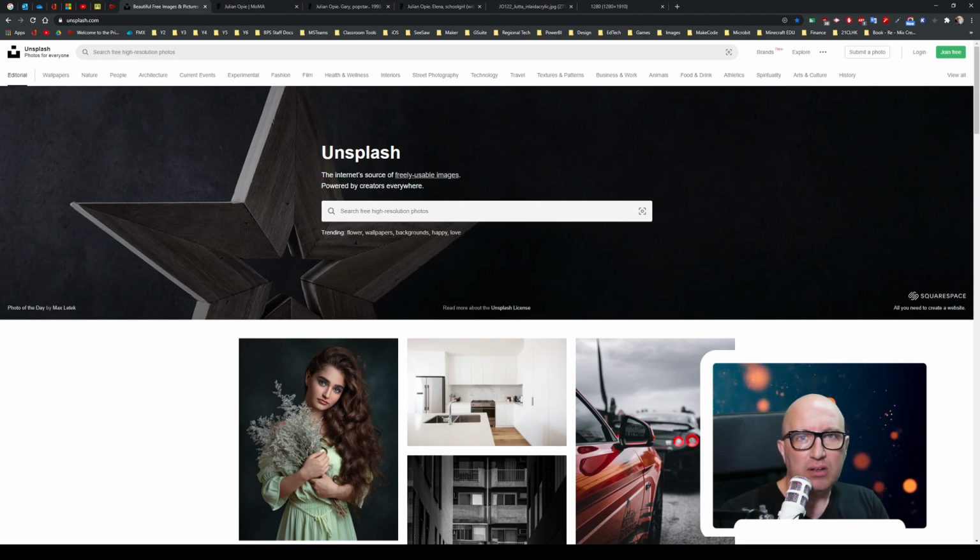If you're not going to go through the Unsplash method, things that you will need to do, you will need to use the back camera of your phone because it's got a better resolution. If you've got an actual camera, then like a DSLR or something like that, use that. Use a plain background if you've got a plain background. So get someone to take a photograph of you